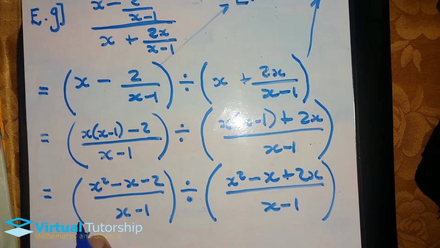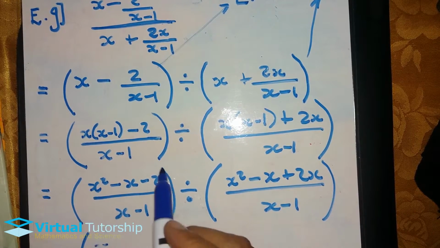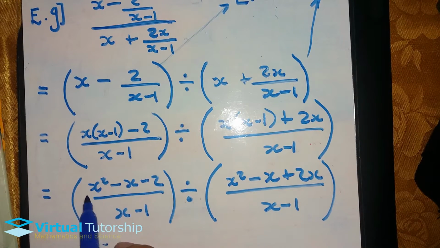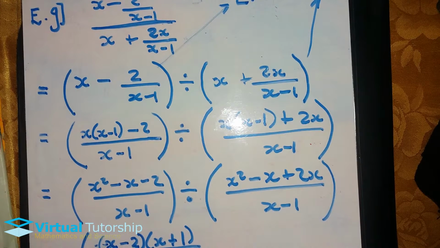Okay, let's see. I don't think it's simplified while it's still a trinomial. I think I can get more factors. So if I get the factors of this trinomial I get x minus 2 and x plus 1, yes, over x minus 1,